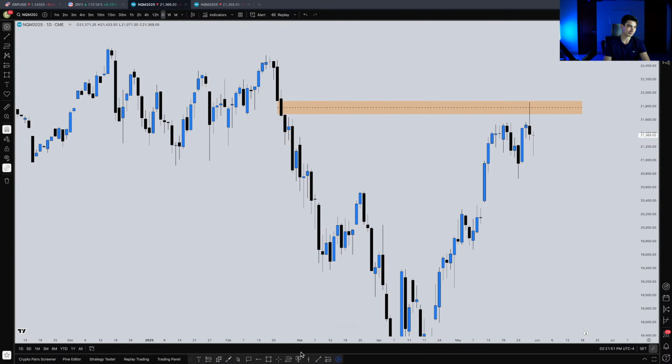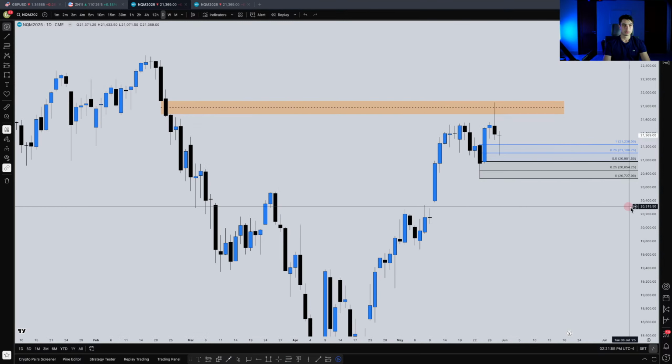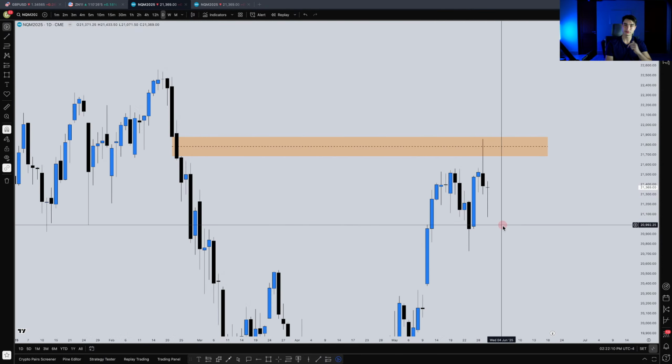So again, what I'm watching, same thing on S&P that I'm watching on Nasdaq. This down close candle, I want to see it act as a bullish order block. I like how we traded into it. We stayed in the upper half. That's really good. Now I want to see it shoot higher from there. I don't want to see it lose. I don't want to see the Nasdaq lose this down close candle, because that would not be bullish for me longer term.